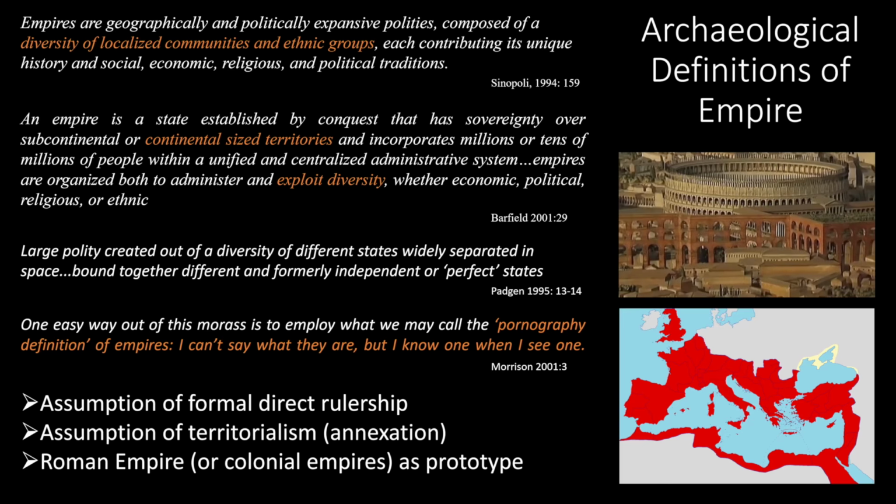In reality, it was actually a lot more variable. But these ideas are not so much the way that the Roman Empire was, but the way we think about it as the prototype for imperialism. Components of that include the assumption of direct rulership: when empires conquer a rival polity, they incorporate and annex that place.